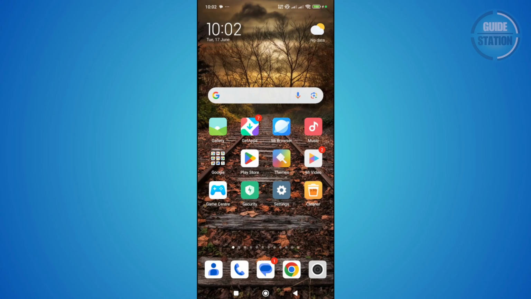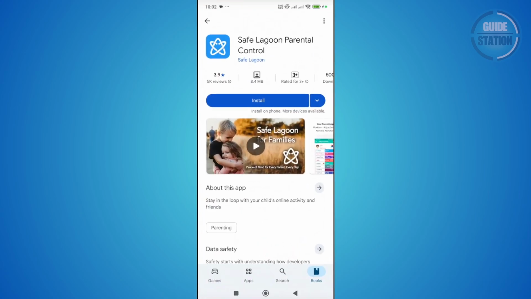Well, the first app that I could suggest you try using is going to be Safe Lagoon. Now, what's cool about this one is that it lets you set smart schedules. So you can control when your child can use their phone, say, block it during homework time or bedtime. It also filters out bad content automatically, and it can even give you real-time location tracking. So if you want to keep your kids safe without hovering, this app gives you